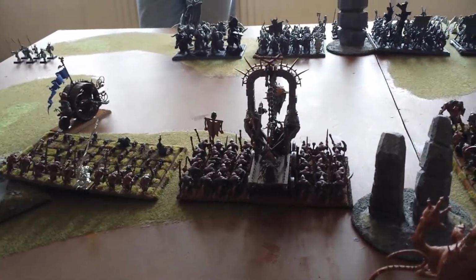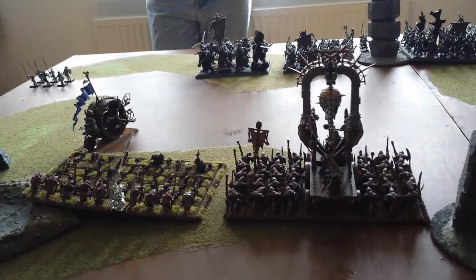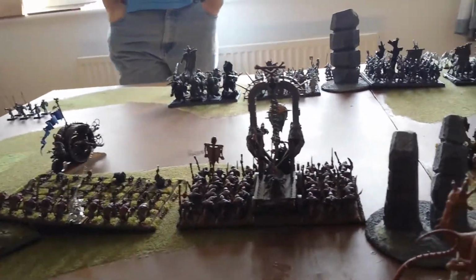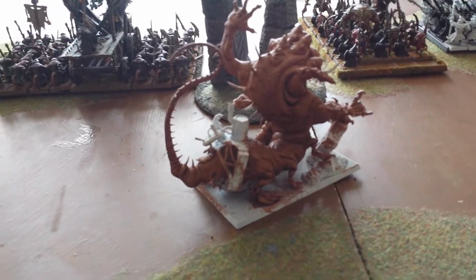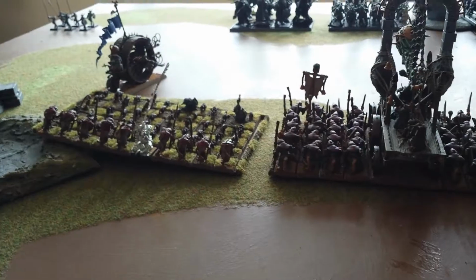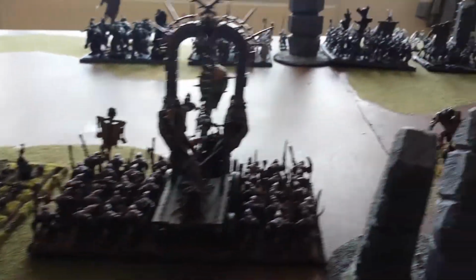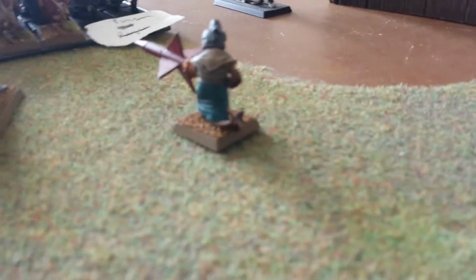Okay, I won the first turn with my +1, I rolled a 6. So first off, there were no charges obviously, so this just ploughed into the side of the Skaven Slaves, killing 5. Then everyone else moved up. The bunker went into the building. I moved